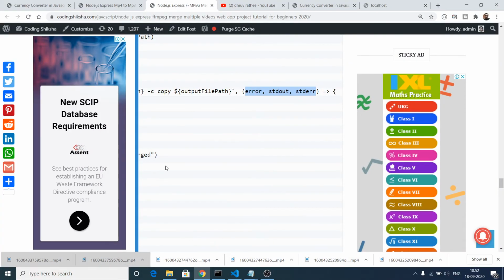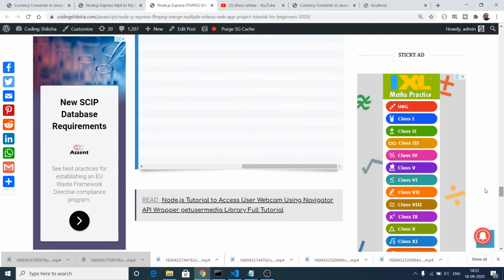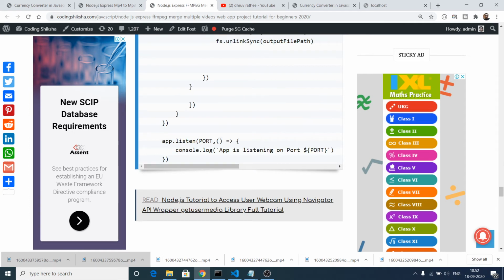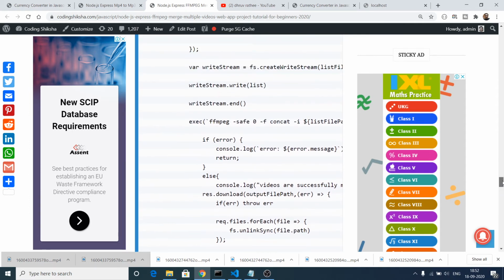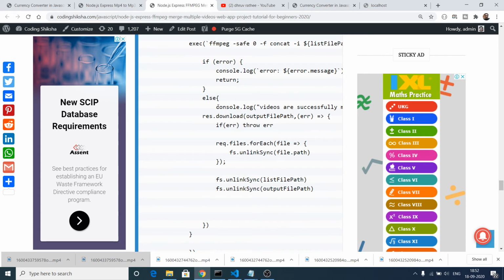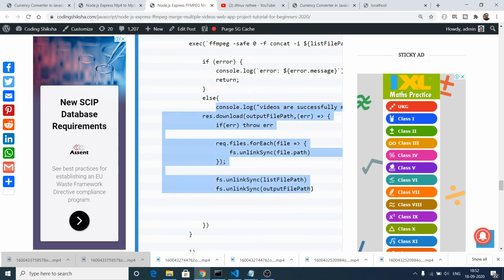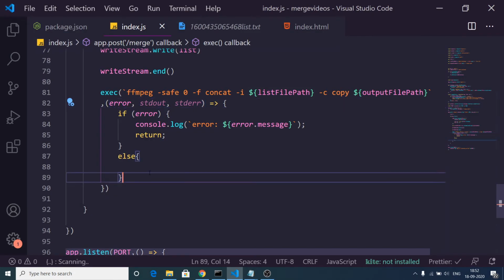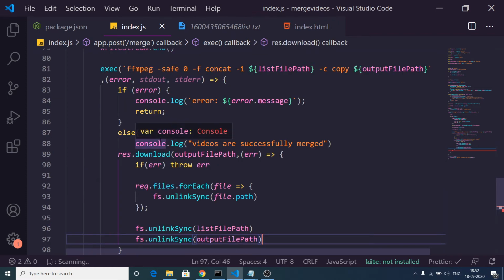So now inside this else block, we need to download the file using Express, which is very easy. We will use this. Let me just copy this code. Inside this else, you will see, first of all, we will print a simple message that videos are successfully merged, and then we will use the download method of Express, which is present on the response variable, response.download, and here we will provide the output file path.